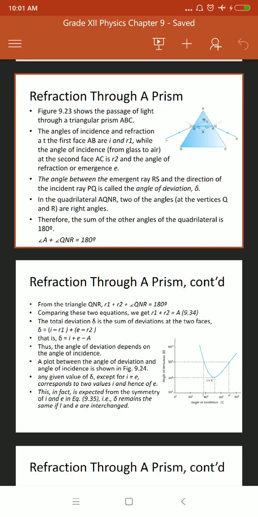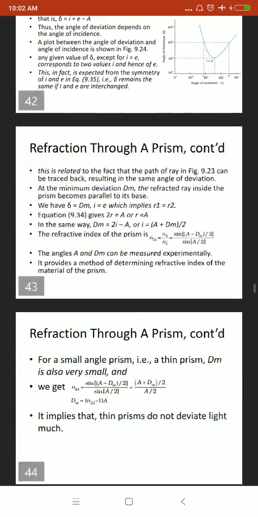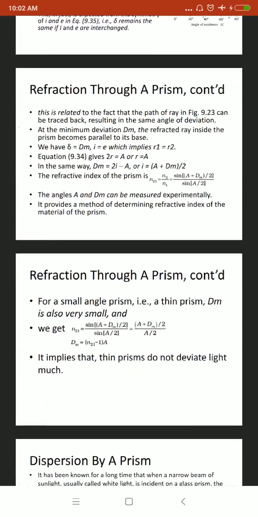If you change the position of the object, so that the object is on the right side, then the image will be created at the left side. In that case also, the angle of incidence I and the emergence angle E, both values will remain the same. This is based on the fact that the path of a ray can be traced back,